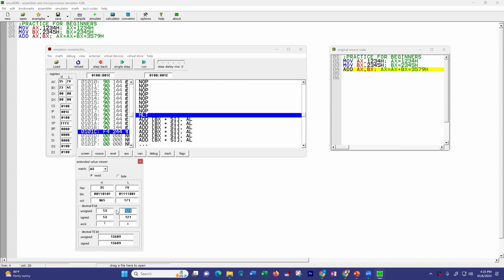What does this scenario present? We can see that this AX register can be divided into two portions. This is for the H and this is for the L, and each consists of an 8-bit hexadecimal number, and the same thing goes for the H as well. This 79 hexadecimal number can also be converted into a decimal one, and segment-wise this is expressed in decimal